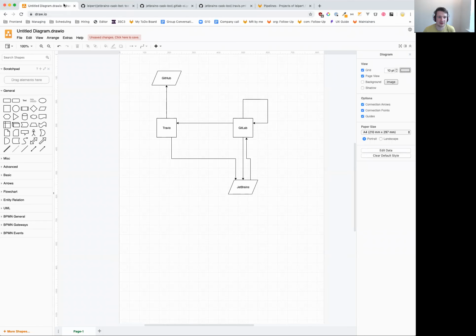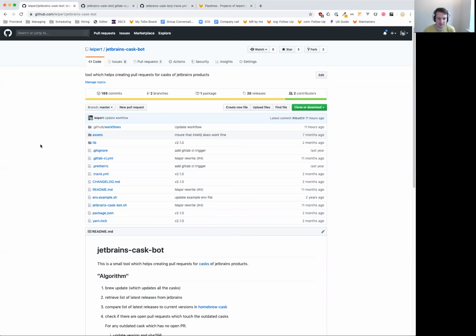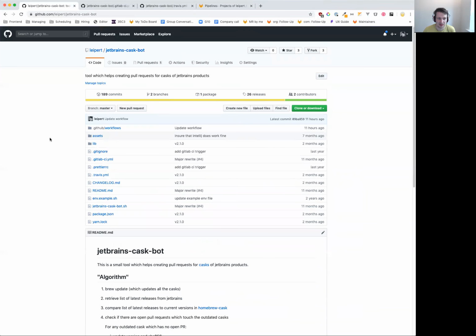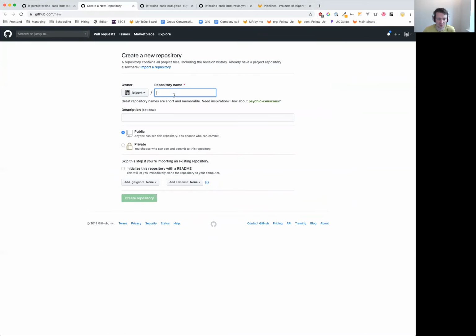Okay, so let's dive right into using GitHub Actions. GitHub Actions has presented itself pretty nice. So when there is an empty project, let me just create a new repository. When there is